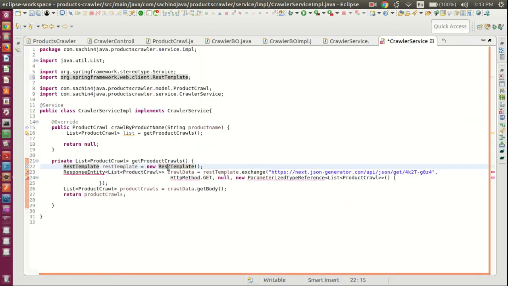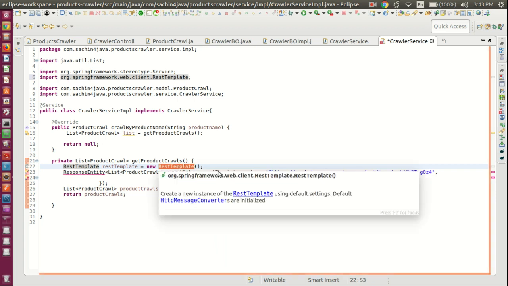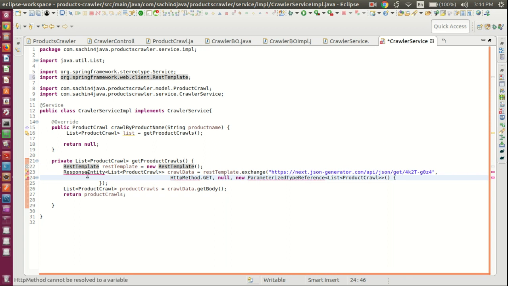Also, there is one scenario why I am not creating the bean of this REST template, and I am using the new operator: whenever we are dealing with Eureka clients, this REST template having the at load balance scenario, that time it will fail. So we will discuss that later, but as of now, just remember we are creating this REST template as new, not as a bean in the application class,